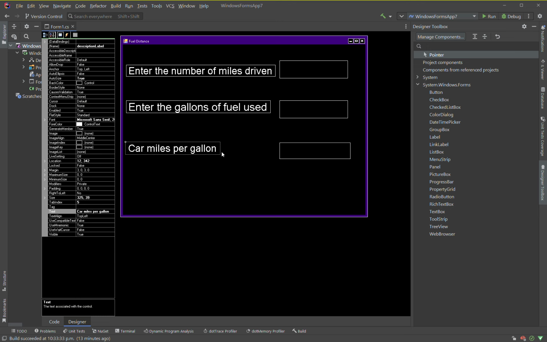So car miles per gallon, whatever truck or whatever you have, bike or whatever, scooter. So car miles per gallon. Then that should be fun actually. So we have 4 labels, 2 text boxes,